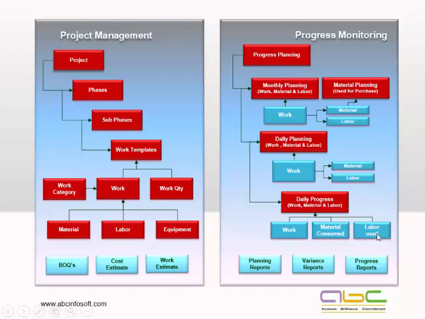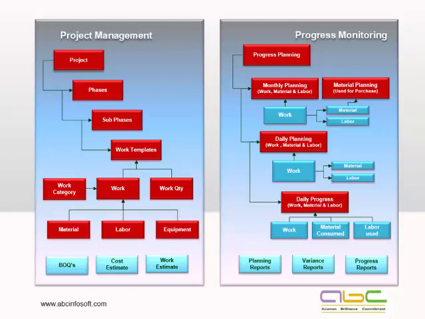Then similarly we can find out what was the labor requirement as per the BOQ and what is the actual labor being used. This will give me the complete planning for the project. Then we can find out the variance and the progress reports. Now this variance is very important, because if 10 bags of cement were required, and the contractor has used 9 or 11, both scenarios are critical for us.